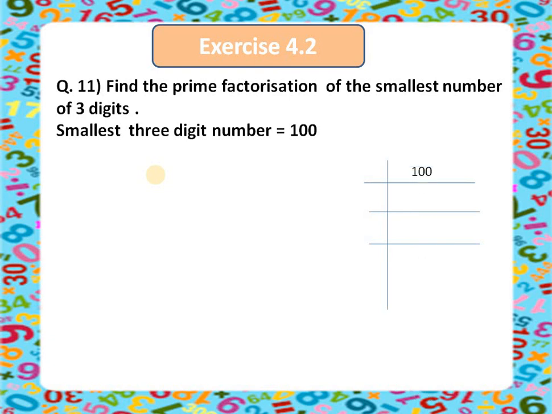We can take it starting from the least number, that is 2. Write down 50. Then 2 times again 25. Now we will take it 5 times. 5 5s are 25. 5 will be now for itself only. So 1 time. Here we have got 2 2s are 4. Check your answer. 2 2s are 4. 4 5s are 20. 20 multiplied by 5 will give you 100. So in this way we have cross-checked our answer.